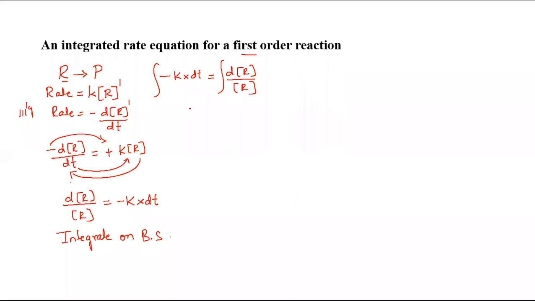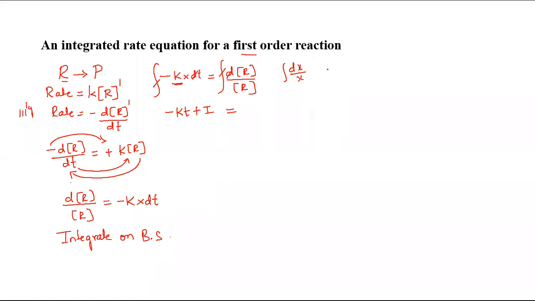In the last class, I told you about integration. This is the inverse of differentiation, right? So we can cancel d and the integral sign here, and here also the same thing. And whenever you integrate, you have to take the integration constant along with that. Then what I'll get? Minus kt, because d has cancelled with the integration, plus I, the integration constant, is equal to, now you can see here, this is in the form of integration of dx by x.